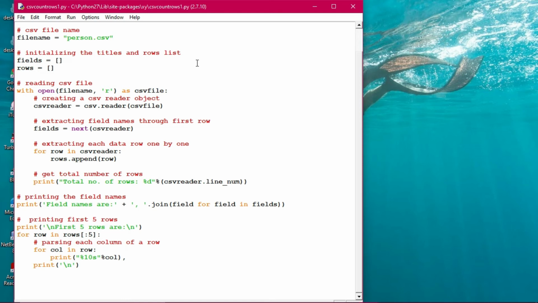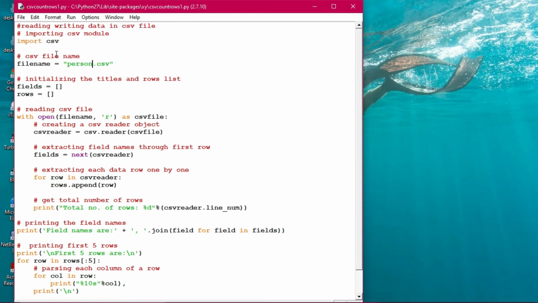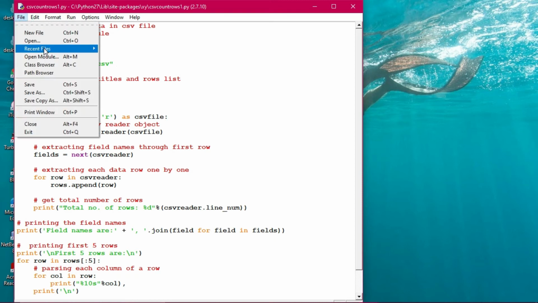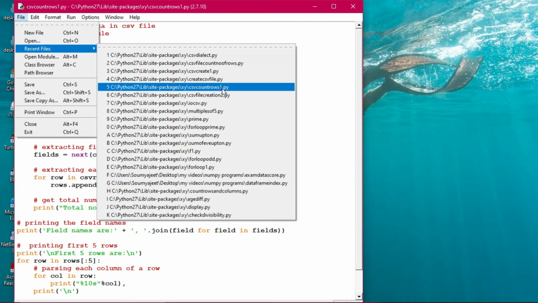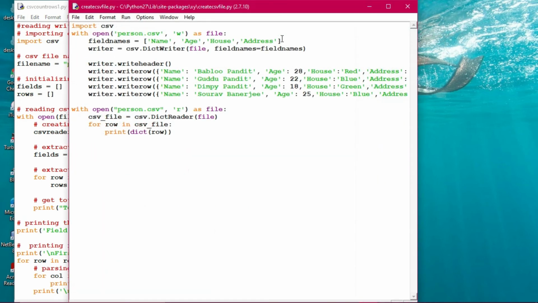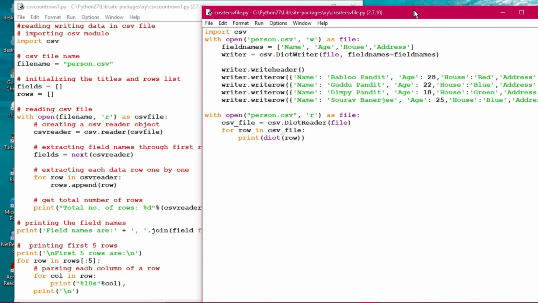Okay, but it should create the file name, the CSV file name. It is already to be given. Yes, import CSV and the file name. We are not creating this one. In the first program, what has been given, we are creating the file with it. So I'm showing you the difference: one creates the CSV file, and then only it will be done. You can understand, so you see the difference out here.